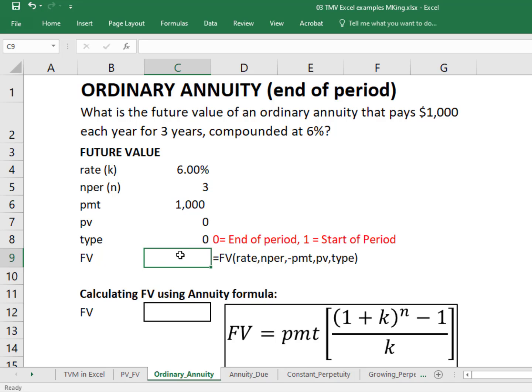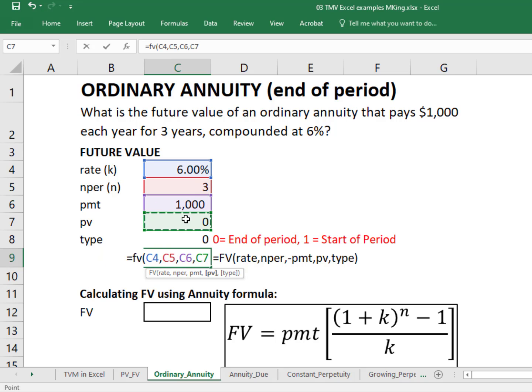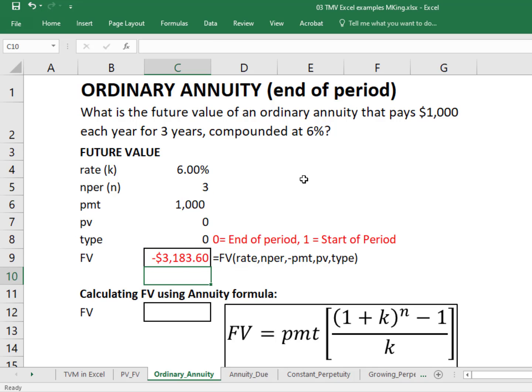Now we can enter the function either by hitting the function button up here or by starting to type it using the formula which you see here, equals FV. And I've got the function, the inputs here described as well as set up one on top of each other. So we're at 6% rate for 3 periods, receiving $1,000 each period with no present value, and the payments are coming at the end of the period. We hit enter, and you see that the future value is going to be